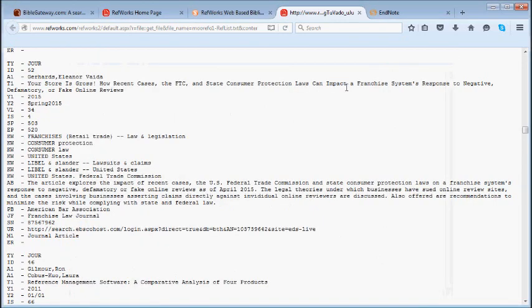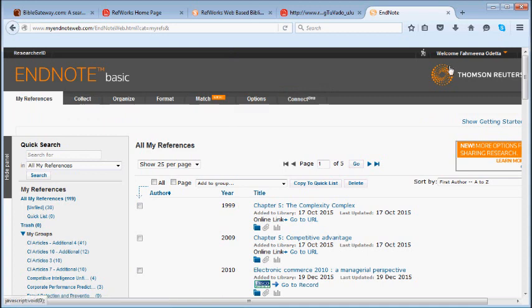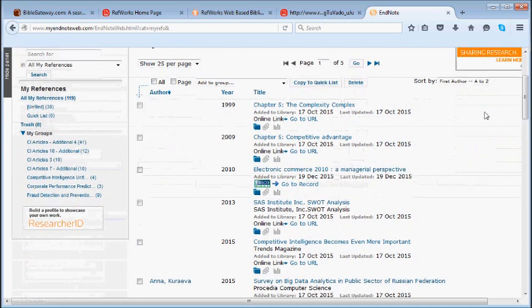I am logged in right now. This is Endnote. I am logged in. See, I'm welcome Femina Odetta. I have 119 references right now. It actually matches Refworks. These are my folders. And I'm pointing this out